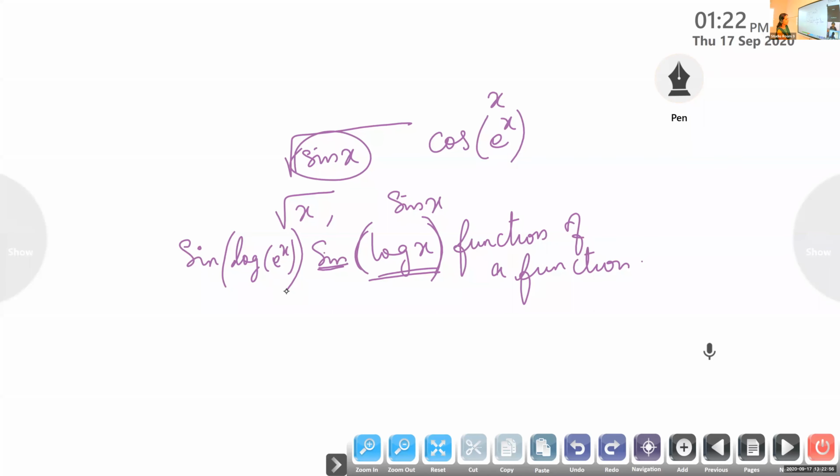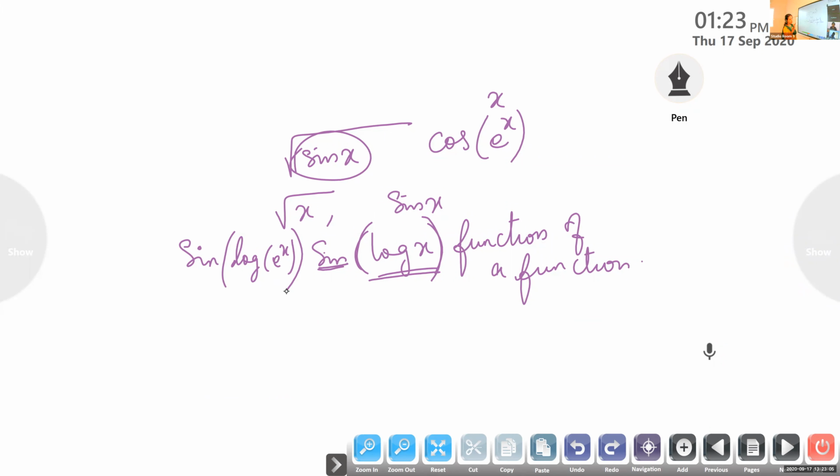Is it okay? Aryan, is it clear? Function of function? Yes, ma'am. Okay, let's go through more examples. If you are not able to follow, clear it at that moment itself. Don't hesitate. Suppose I'm writing sine of log of e raised to x. How many functions are here? Which are the functions you can identify here?